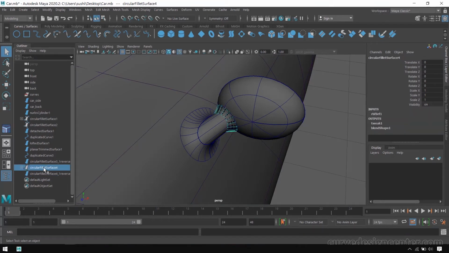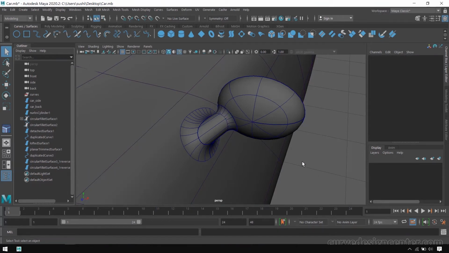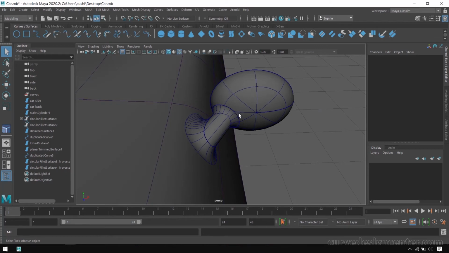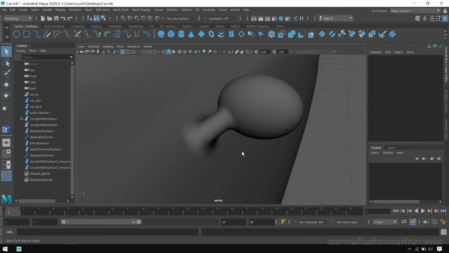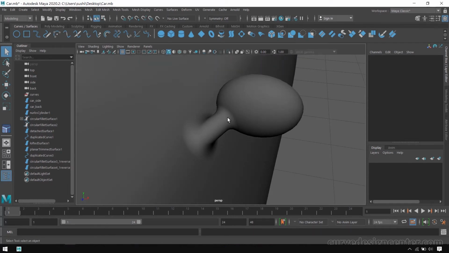Once more I delete the duplicate object. Okay, so surface fillet creates a very smooth transition in between two objects. You can try this and create a smooth transition in between two objects.